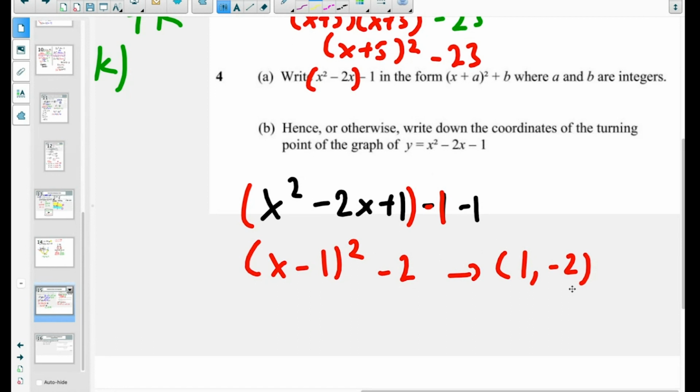Perfect. Are you feeling okay about completing the square when it's a question like that? Excellent. So I want to take a look at a more difficult question. My internet was acting up here, so it took me a while to find an example. Let's take a look at something like, let's do a question such as,